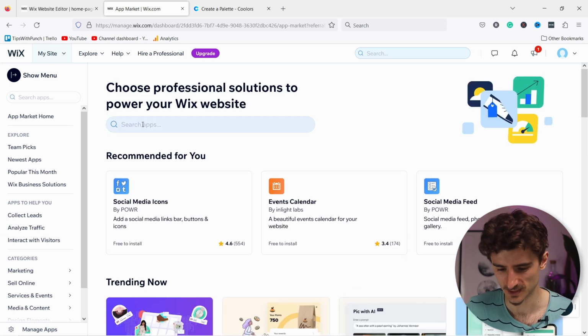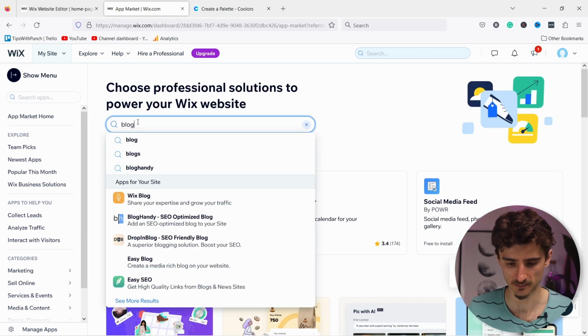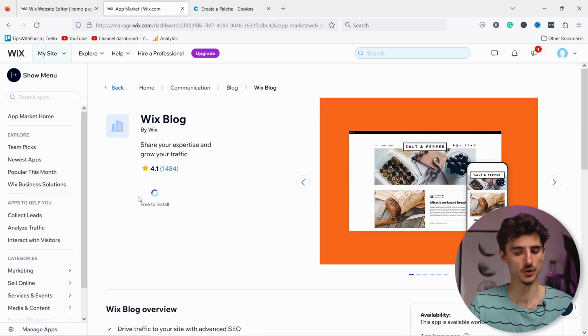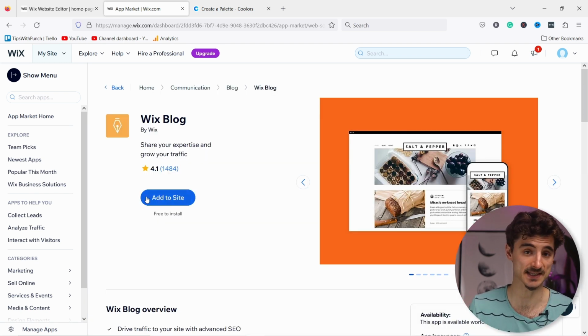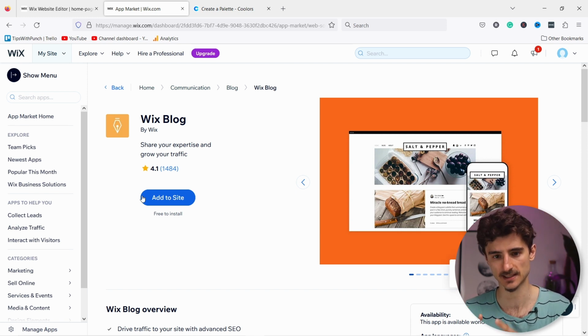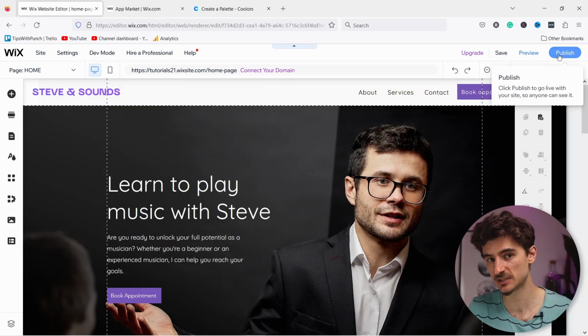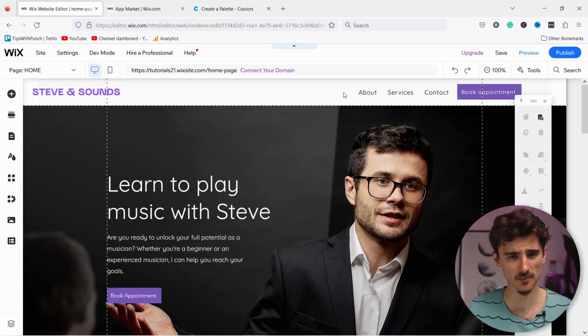Wasn't my decision. So here you would just come in and type in blog, and you see here Wix blog. This is how you could start with blogging. You would just add it to site, and then the editor works in quite a similar way as the normal one. I could now go ahead and publish this page on the whole website, but the problem is that I have